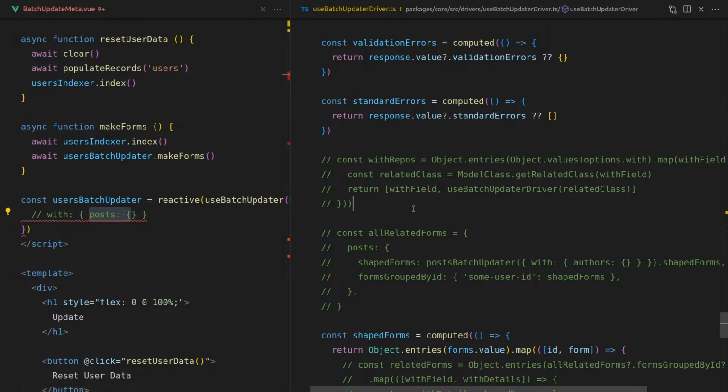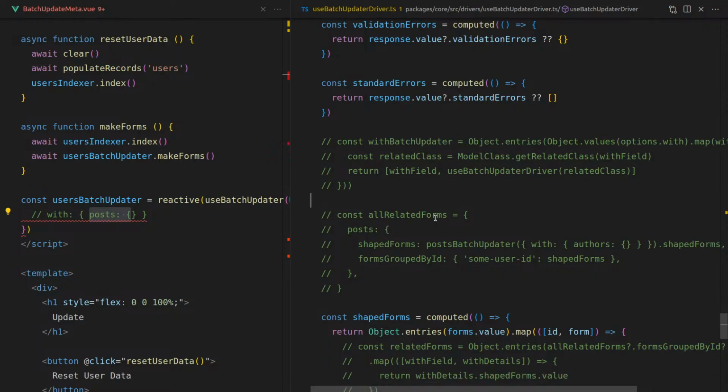And when I say a repo, that's probably not a good word. With batch updaters, something like that. Or maybe nested batch updaters. No, I think with is a better word. I don't know, I can think that through. So now we've got this batch updater here, and